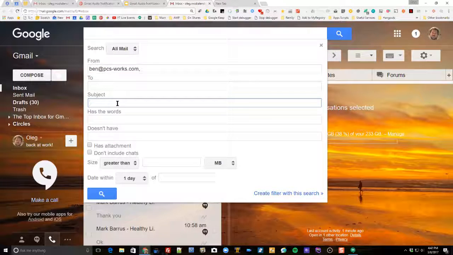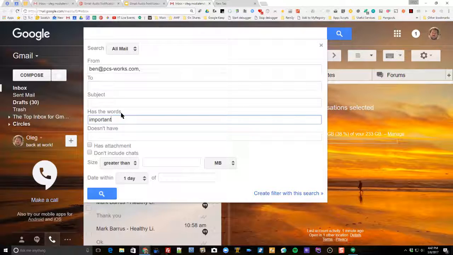and let's say the subject has the word important. Let's put some more criteria in there. You could just specify an email address or multiple addresses. So you can fill out any of these fields however you see fit. In my case, I'm going to use the word important somewhere in there, and I'm going to put in the email comes from Ben. As long as that is the case, that's the criteria,